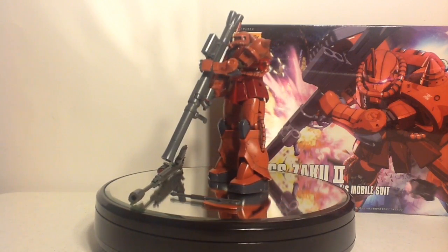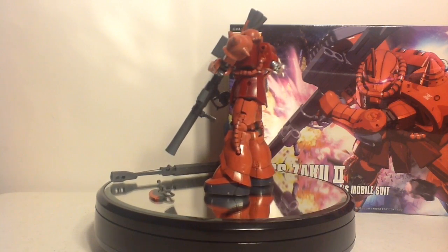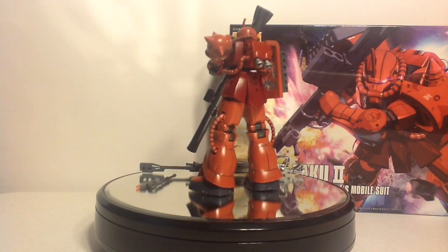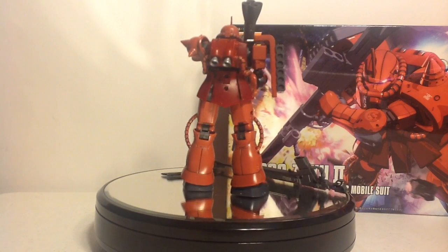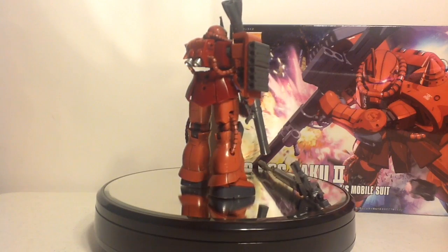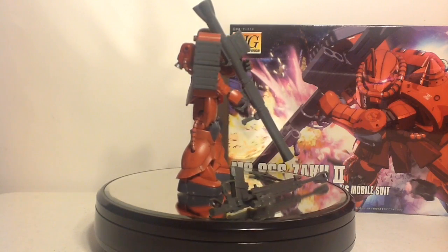Nevertheless, this Zaku II is quite worth it if you don't have the original one, like I said, and you want a new and updated mold. It does come with a few limited features, such as the heavy cannon, the long-range beam rifle, and the variation of the Heat Hawk. It is missing some features to make it a true Char Zaku II, but then again, this Zaku is only seen very briefly in Gundam The Origin, and only has limited use throughout the actual